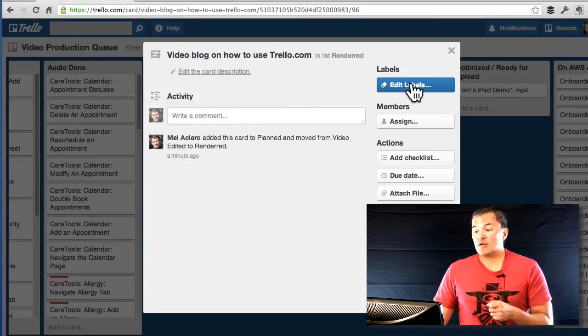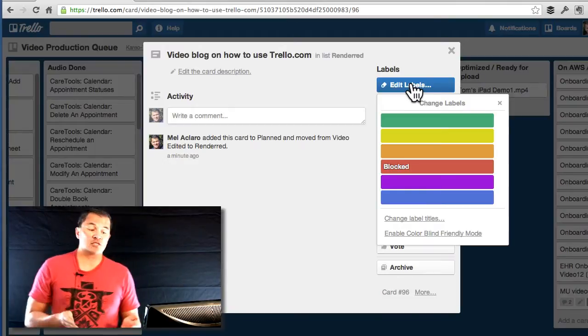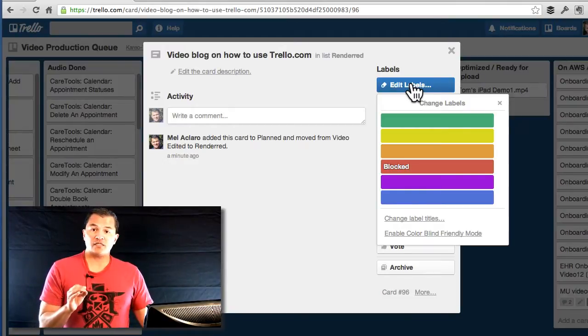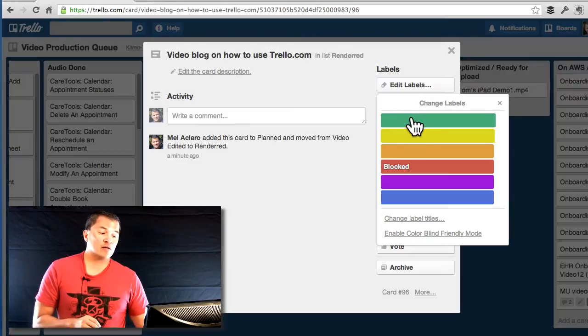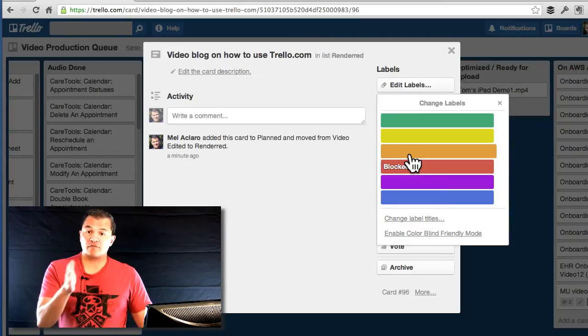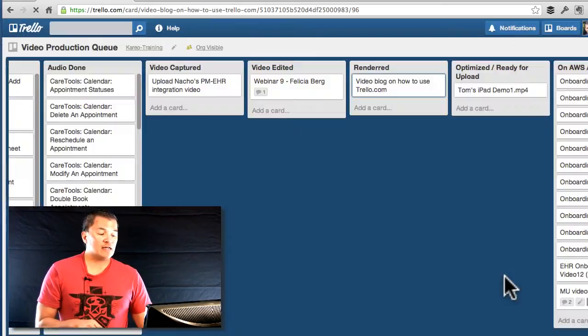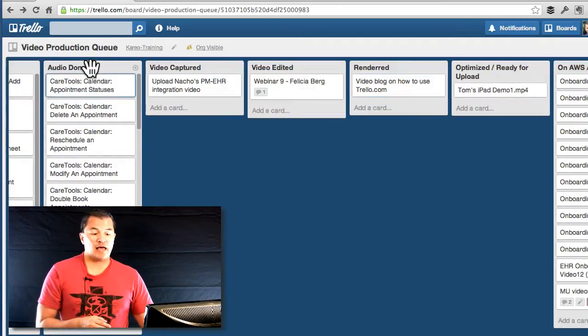But the other thing too is there are these labels where you can customize some color-coded labels and so on. Now, for some projects, and I'll show you a project here shortly, these labels might be used as production stages of a production workflow. But in this particular case, since I've already identified the production workflows as individual lists within the board,